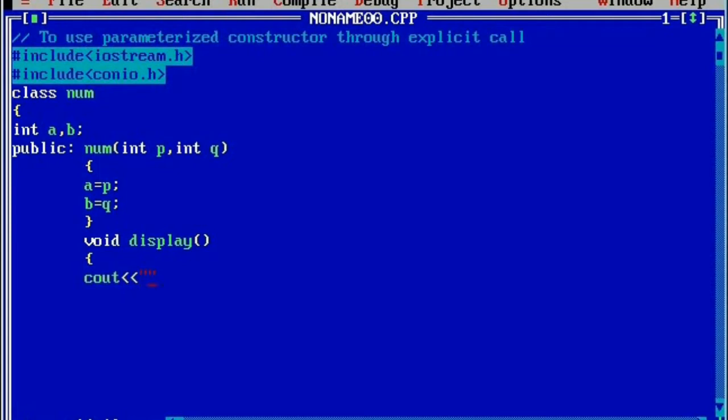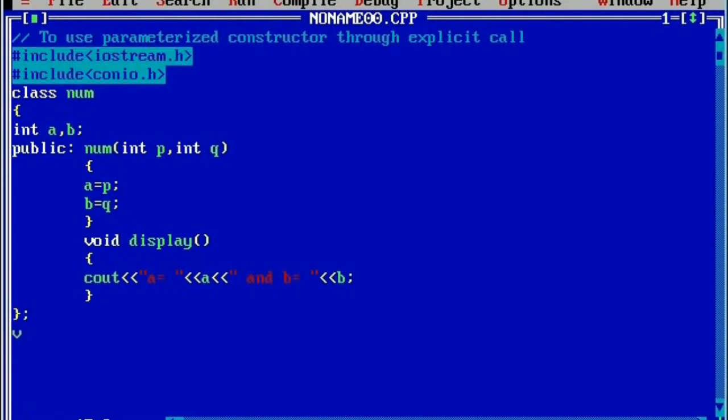Here I want to display A is equal to the value of A, then we'll write and B is equal to, and here the value of B, put semicolon. Next curly closing brace and put semicolon, and this indicates the termination point of the class definition.